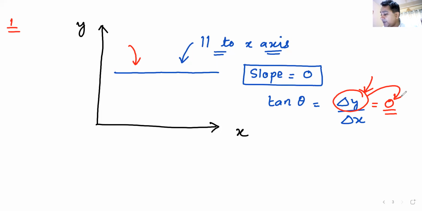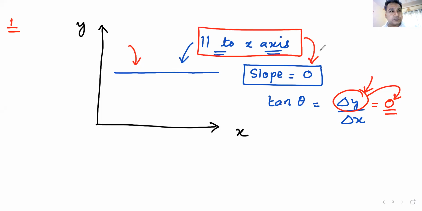There's no change in the value of y, and hence the slope of this line, which is parallel to x-axis, is 0. So this is the first type of slope that we have to understand, a line of zero slope. y does not change. Whatever change you make to x, the change remains with x, y does not change. Am I clear with the slope? Slope 0. So the first point was slope 0. Zero slope line.